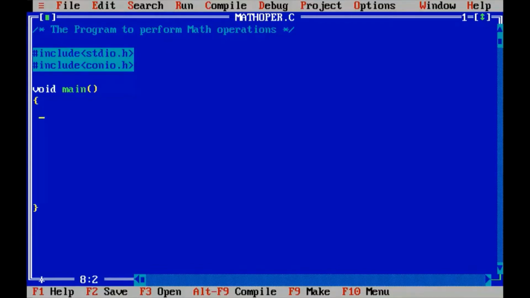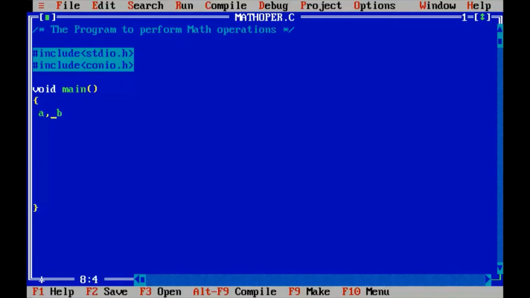To store numbers or any data in your program, we need a variable, right? Here to store two numbers, I need two variables. So I will call them A and B. So A and B are the two variables which are going to hold two integer numbers, right? So what is the type of the data you're going to store in A and B? I want the integer, right? Integer numbers, that is -1 to 3 up to n, +1 to 3 up to n. So these are the integer numbers. So before storing any data in variables, we must specify the type of data that is going to be in the variables.